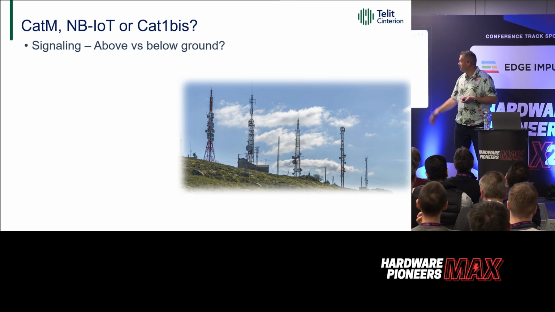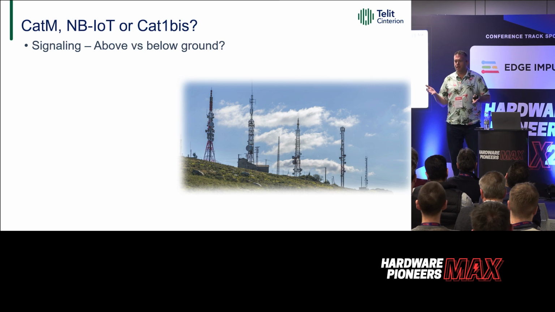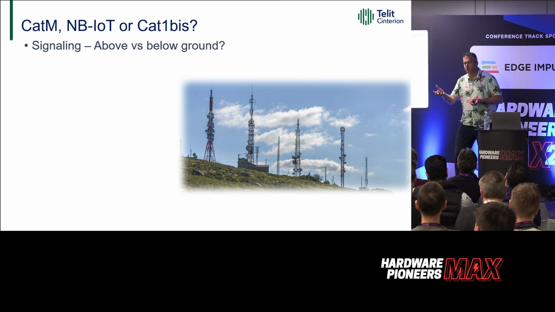And now we enter a situation where Cat-1bis really is becoming on par with a Cat-M and Narrowband device. So then you ask yourself, well, how much complexity do I want around my SIM card? Am I worried about how many network operators I have available in each country? Am I worried if the vendor I've chosen has got a roaming agreement with that Cat-M provider or that narrowband provider? Or how I integrate that technology into my application, or whether it has implications around latency and bandwidth